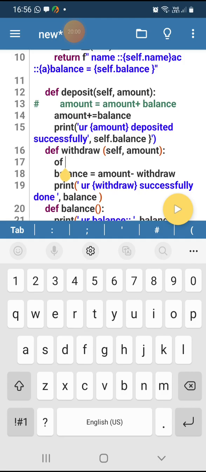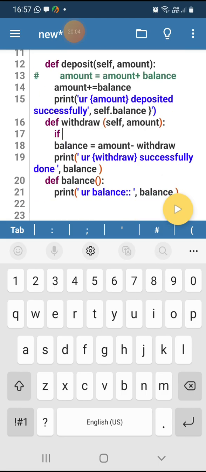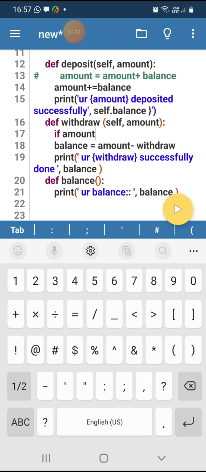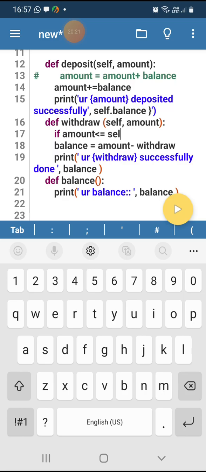If amount, your requested withdraw amount, is less than or equal to self dot balance,